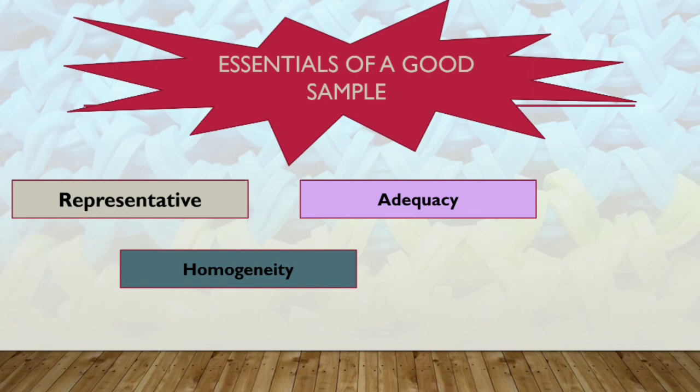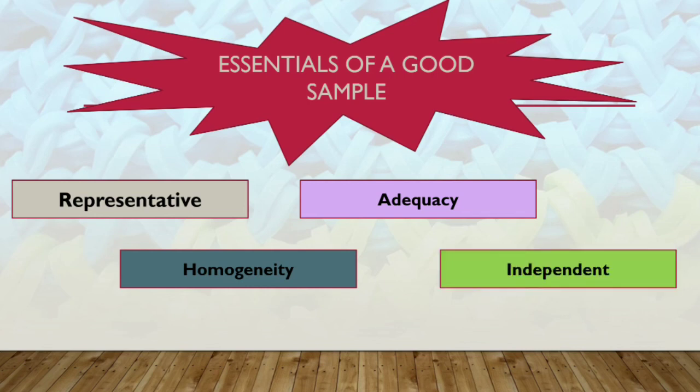Homogeneity means the data which is being collected should be homogeneous. That means data should be of the same kind. If I am talking about height, it should talk about height only. And lastly, the sample should be homogeneous and should not be contradictory. Last, we should know the items of the sample should be independent of each other. That means one item in the sample should not be dependent. एक दूसरे पे dependent नहीं होना चाहिए. Okay. So the next topic we need to study is methods of sampling.